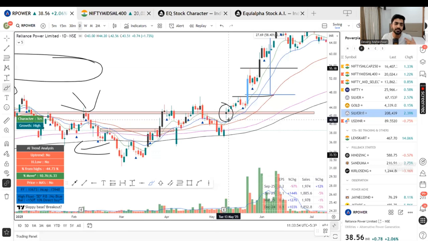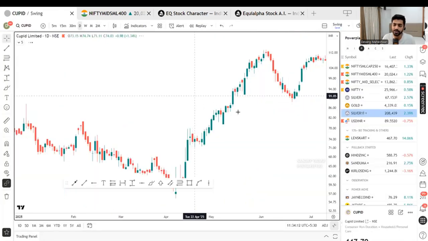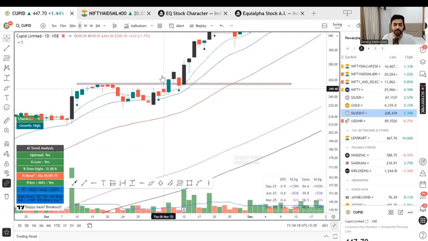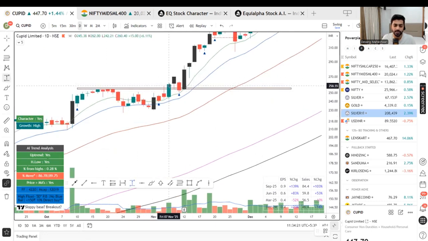So in result season, when you see some huge gap happening up in your scan, you will have to think in that way that even if the first buy is a bit extended, it can still give more and more. Okay. Now, other way of good result action is like this in Cupid, in which now see here how it would have gone. Okay, this is your momentum and breakout up here. Now, one day before result, it's in a loss of 2.9%. Okay, so what will you do now on this day? On 11th, what's the ideal thing to do?